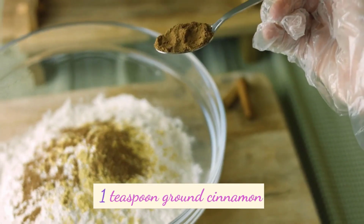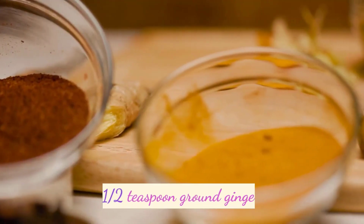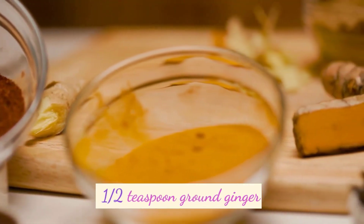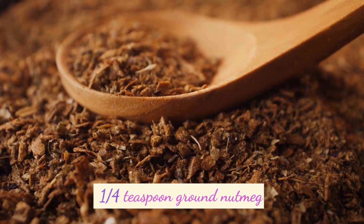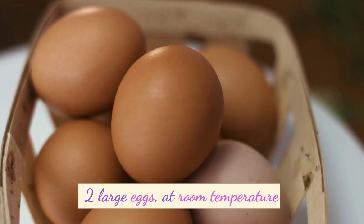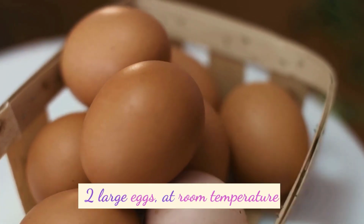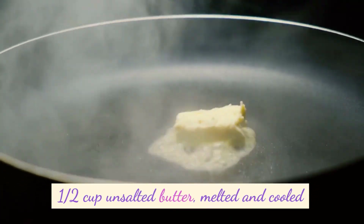1 teaspoon ground cinnamon, 1/2 teaspoon ground ginger, 1/4 teaspoon ground nutmeg, 2 large eggs, at room temperature, 1/2 cup unsalted butter, melted and cooled, 1/2 cup buttermilk, at room temperature,